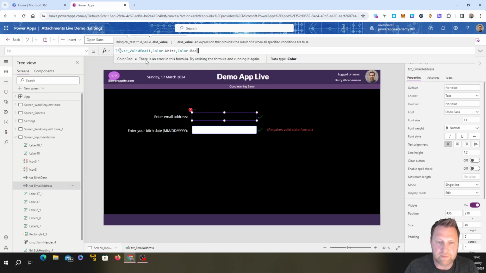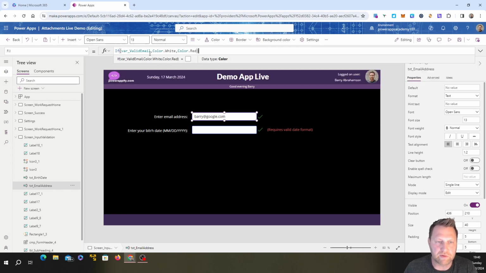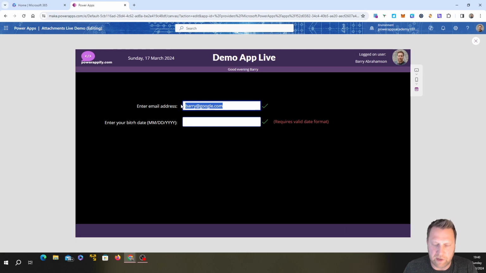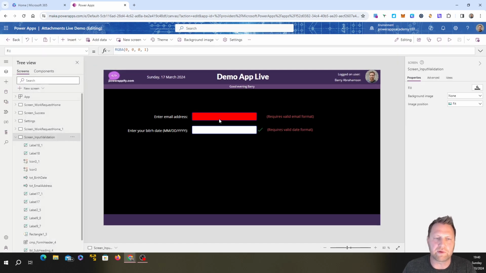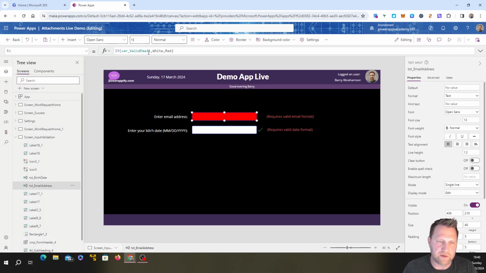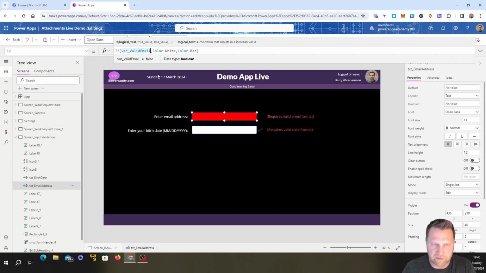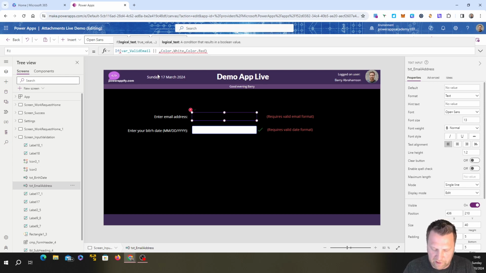Okay, cool. So you can see it's true, but let's say if we go into it now and we just blank it out, let's say someone is just trying to fill in the form, they actually haven't filled it in and it's all red. We don't want it to be red initially, only if they've started typing and it's incorrect. So the way we get around that is we can say, if that is true, or if is blank,